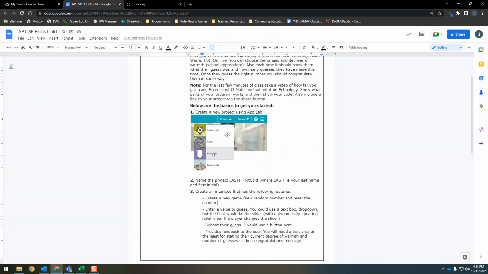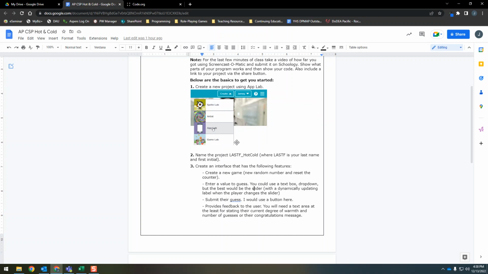Okay, next you're going to create your interface. Remember, you create a new game, enter a value to guess. So a text box would work, a drop down would work, although it'd be kind of clunky. And then the best bet is the slider. I'm going to show you what that looks like. The slider